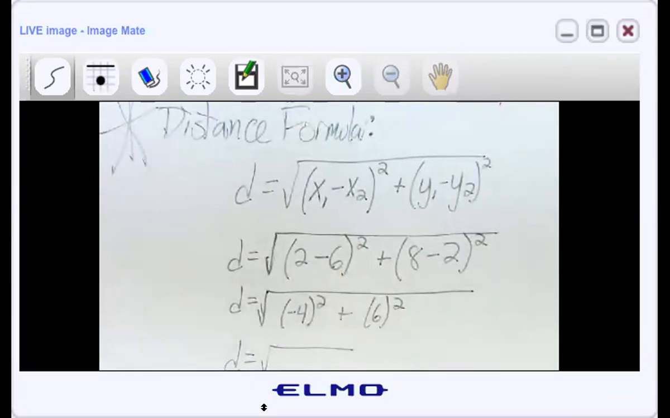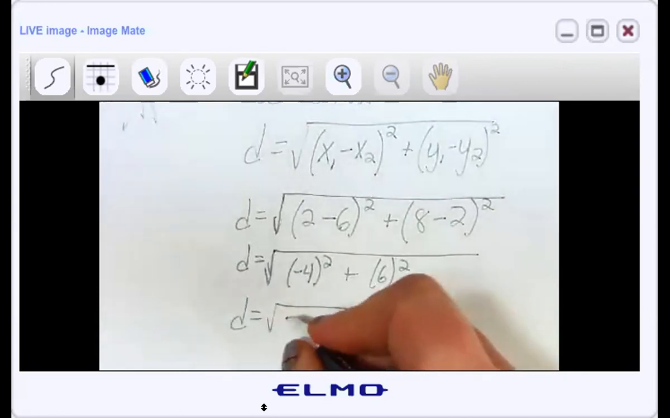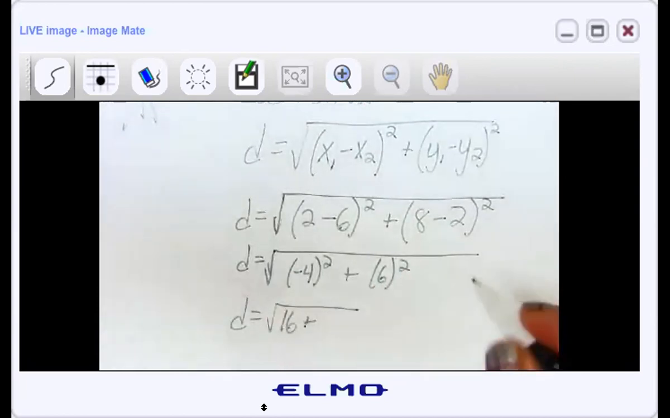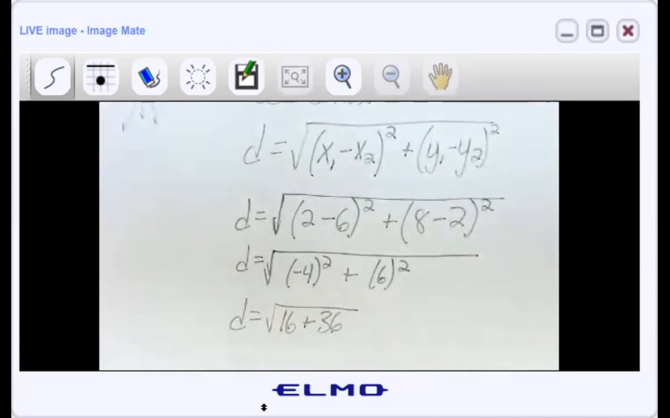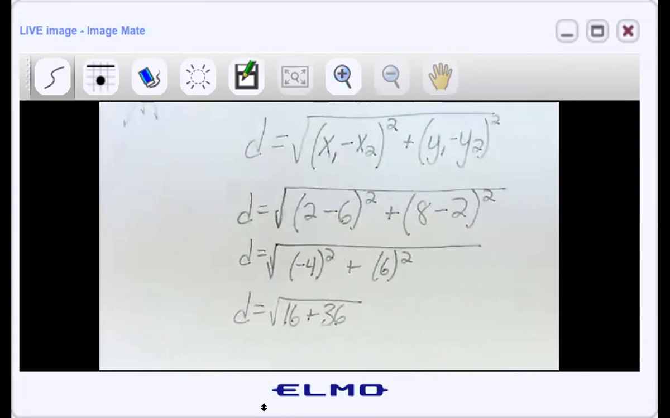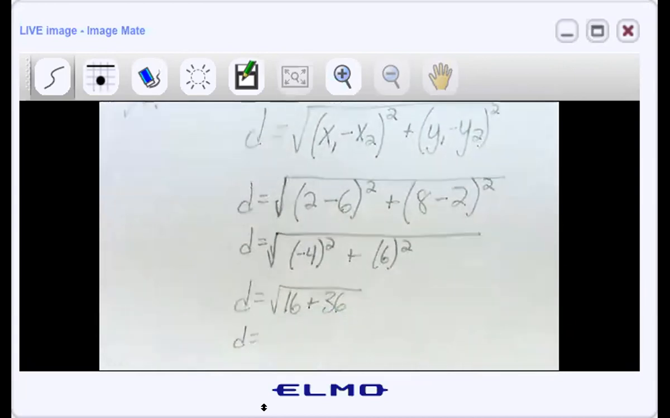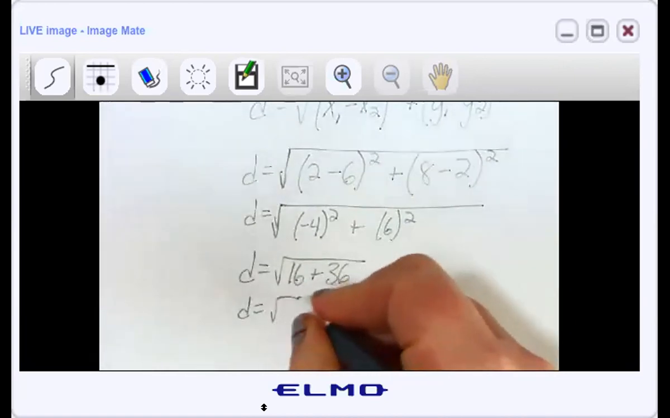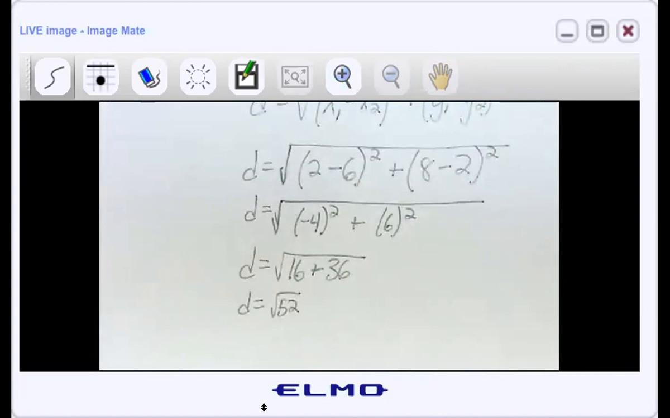So -4 squared, remember, is going to be -4 times -4. So that gets me a positive 16. And 6 squared is 36. And then I'm just going to add 16 and 36 together, and that gets me 52. And then the very, very last step is to actually grab my calculator and see what the square root of